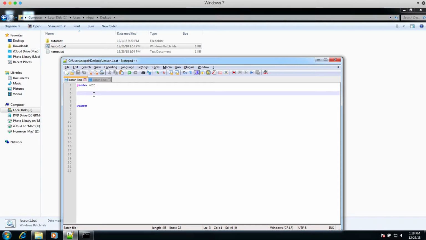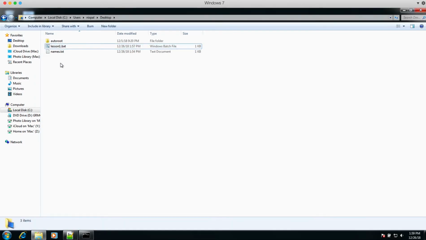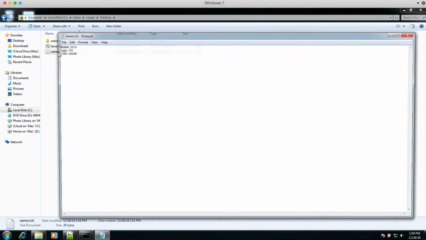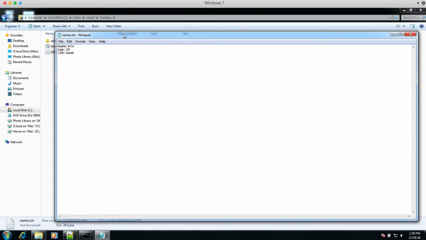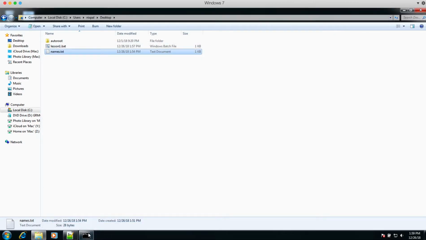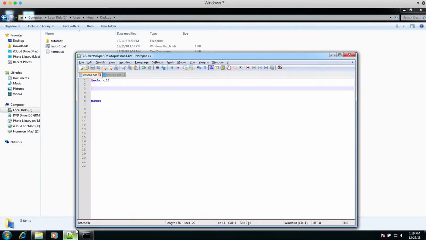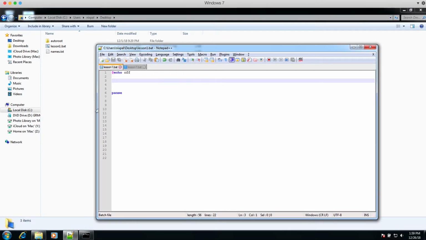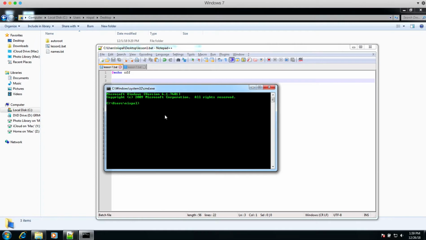Like any other programming language, you must know how to do a for loop. Why? Because for instance, if you have a text file like this one that has some data, and you want to loop through every single one of these data, how do you do that? So you come here, we can just simply do something like